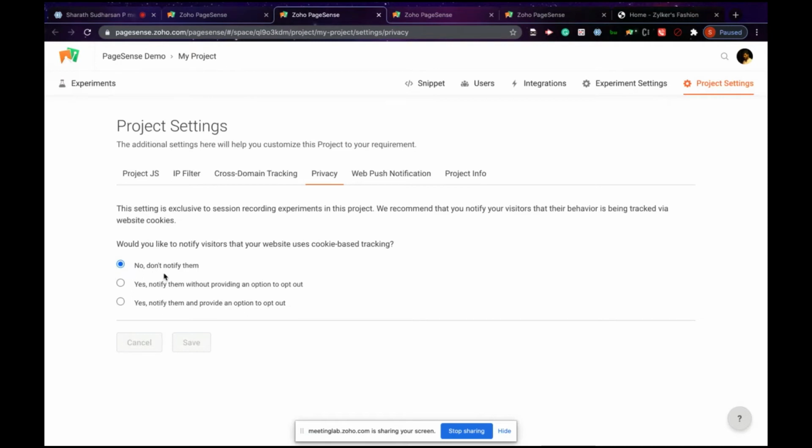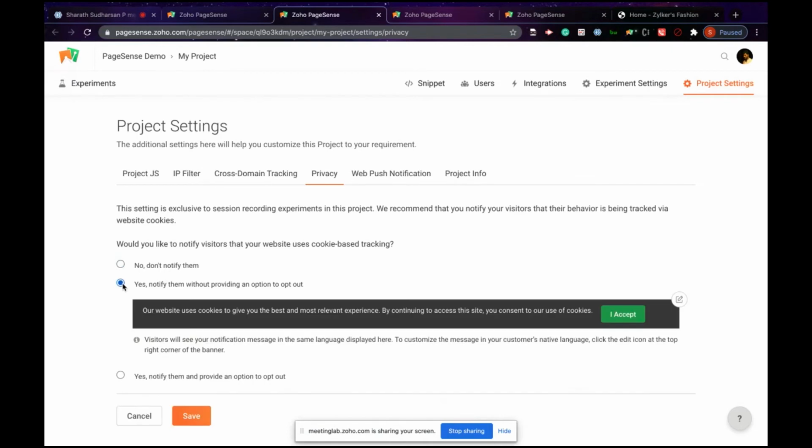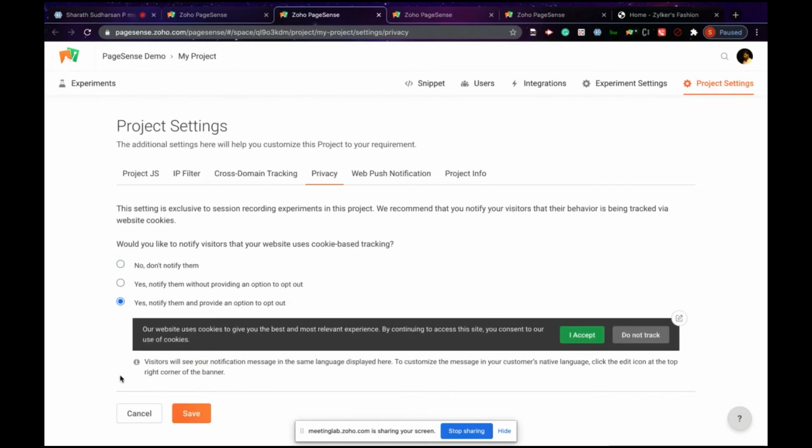Also, if you want your visitors to know that you use a cookie to track them, you can enable any of the banners displayed here. By choosing this final one, the user would be given an option to opt out. If they opt out by selecting do not track, we'll not be able to track that specific user's interaction in this recording.